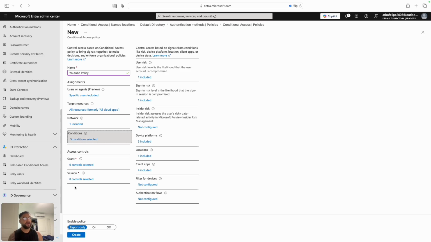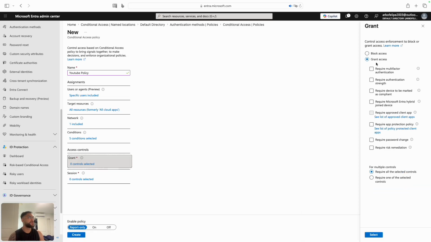access control tab, right? Which means like the then, right? So if all these users, all these attributes, all these things, basically it's like this: if these users are trying to sign into these target resources, with this network, with this IP range, or from this country, with these types of conditions, what are we going to do with them right now, right? So these are basically the two things that we've got to focus on,